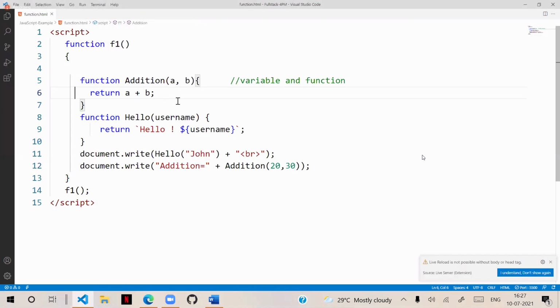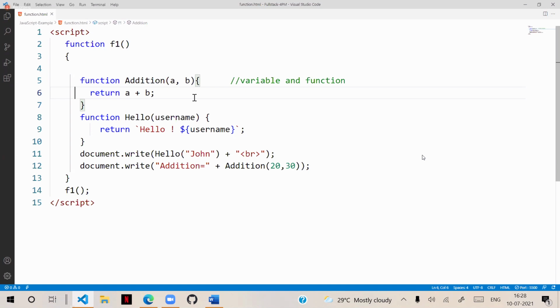So generally, we need a function with a return value when we need the function to perform a functionality and store the result in the memory, so that we can access and use that memory as a variable also.